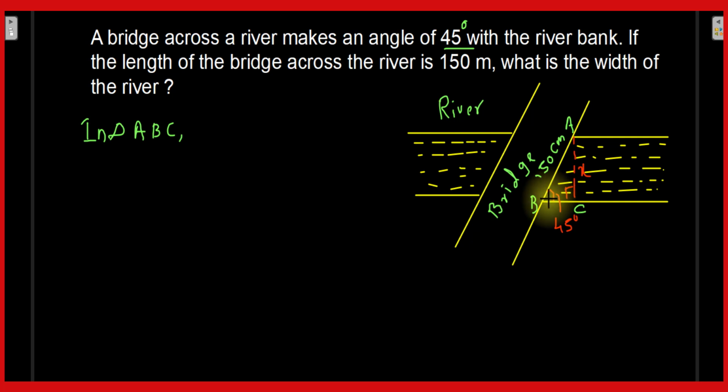So here we will use another trigonometric ratio, because this is 90 degree, this opposite side we have to find, and the hypotenuse is given. So we will have to use the trigonometric ratio which contains the opposite side and the hypotenuse. That may be cos 45 or that may be sin 45. Either of these two you can use to solve this question. So here we will take sin 45,